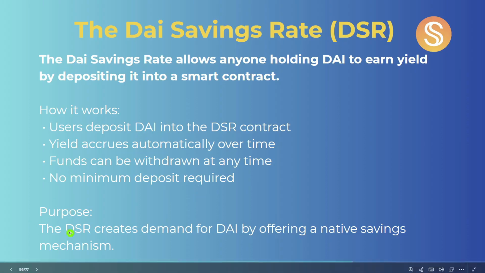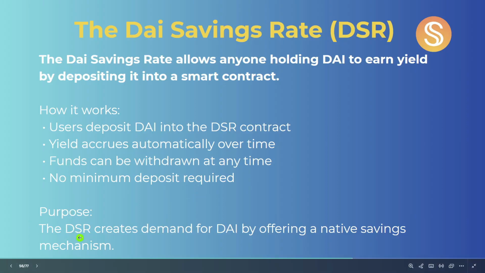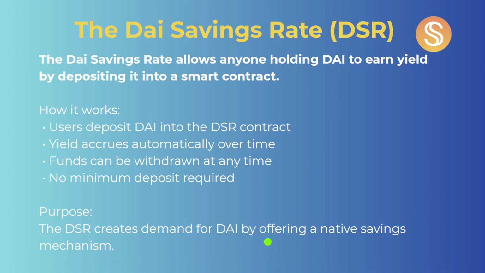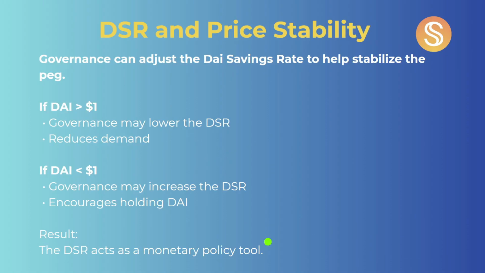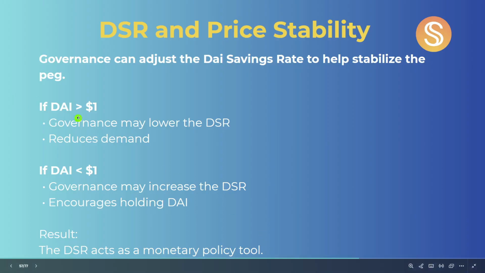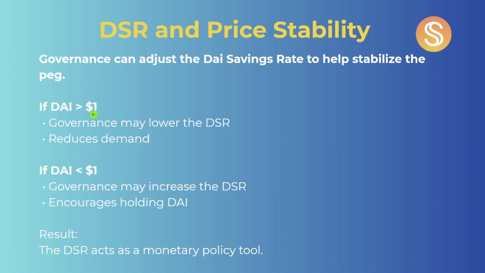The purpose here is that the DSR creates demand for DAI by offering a native savings mechanism. This is very important for price stability because governance can adjust the DAI savings rate to help stabilize the peg. So, for example, if DAI is greater than $1,